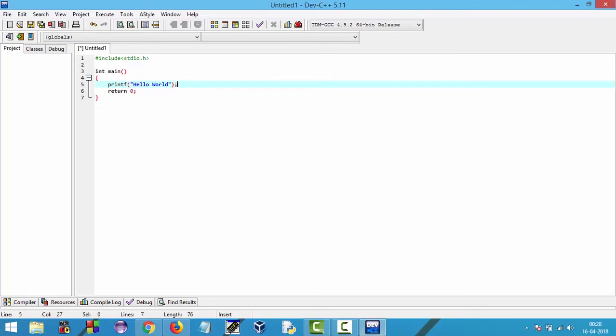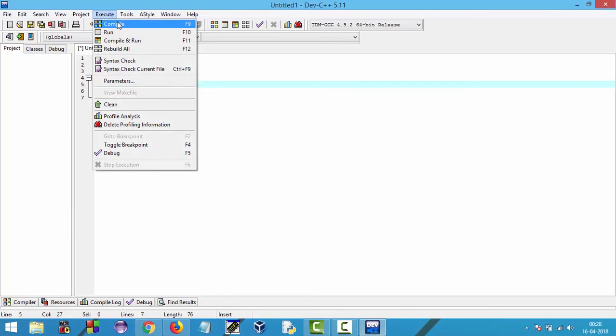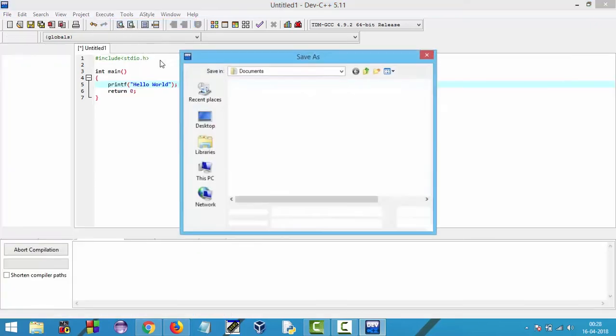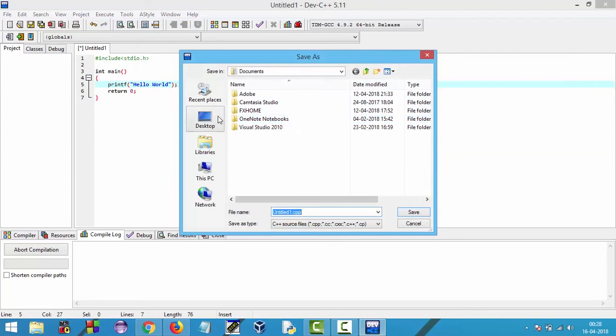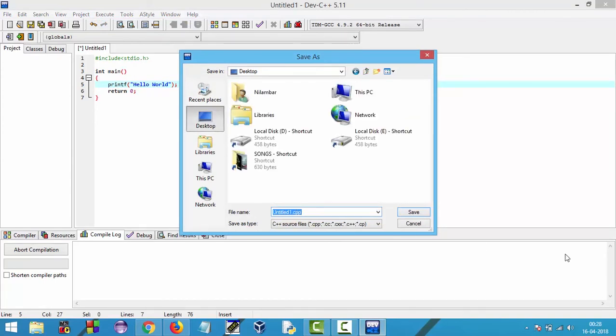And you can press only F9 to compile with the compiler as I have mentioned before, or you can go to execute and here is compile. Here you can see it is F9, the shortcut. Just compile this and it will give the option to save. I will save it on desktop. I will give it suppose a name